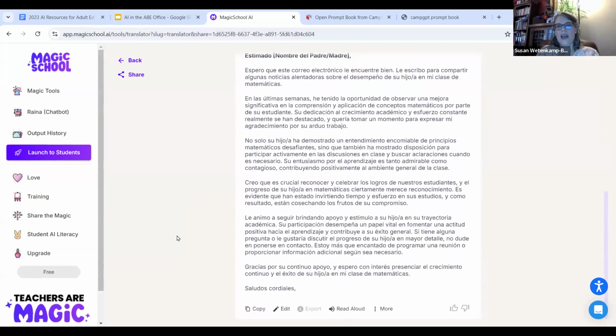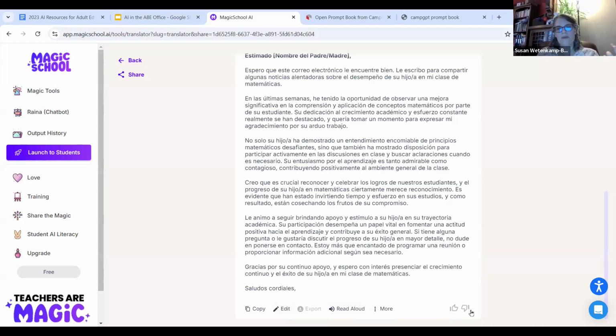And when you get the output from one of these tools, you can do some different things with it. You can just copy it, right? To put it wherever you need it to go. You can edit it. So like I said earlier, sometimes the output from tools isn't exactly the phrasing you want, or you want to clean it up a little bit. So it's nice to be able to just hit edit and go in there and make your tweaks. You can read it aloud.